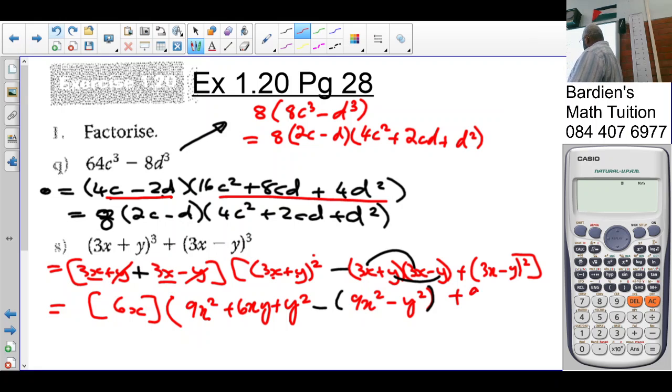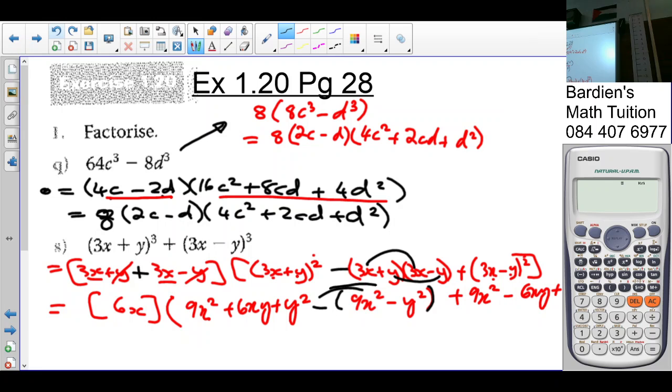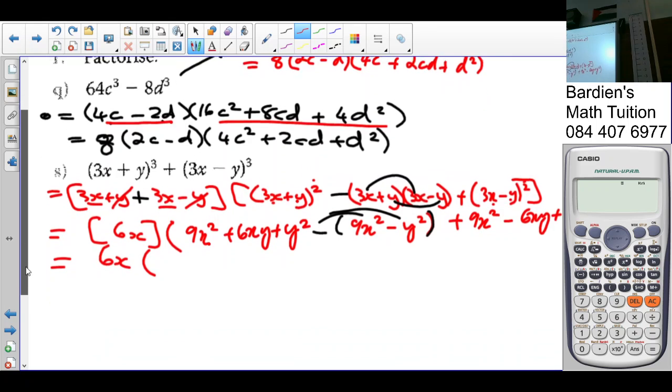Plus the binomial squared. 3x whole squared is going to give you 9x squared. That times 2 is going to give you negative 6xy. Last term squared, y squared. So what do I do now? Get rid of the brackets here. I can drop the 6x bracket. So that is simply,